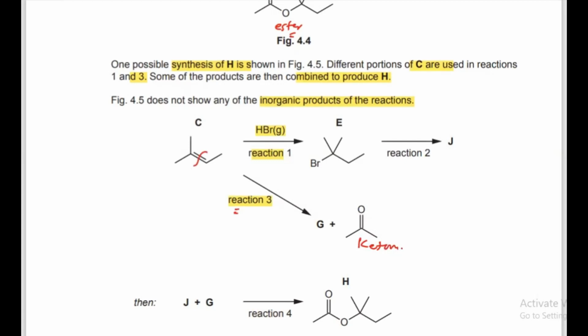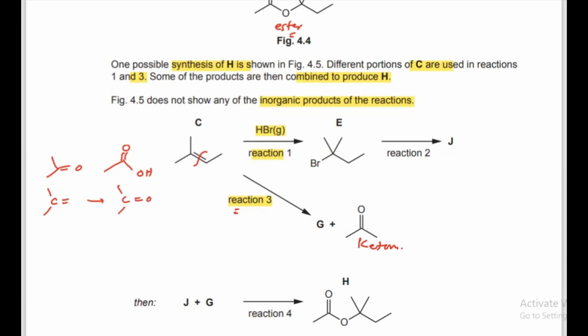If we break this bond in the presence of acidified potassium permanganate, which is the oxidizing agent, this part will be changed into this, and the other part is this, because C double bond C having two carbons attached is oxidized to a ketone